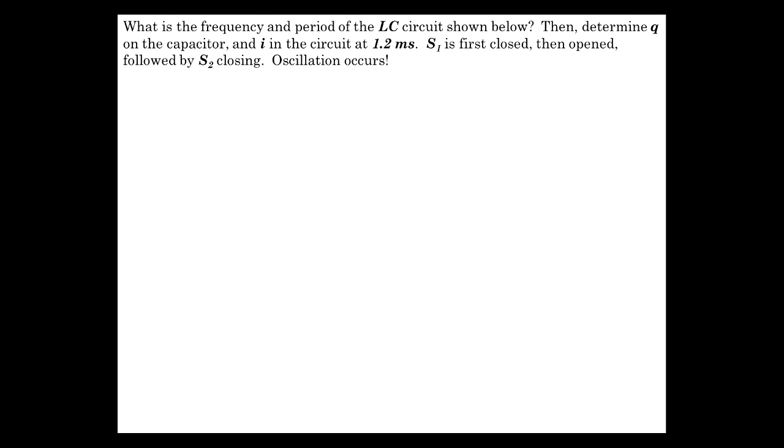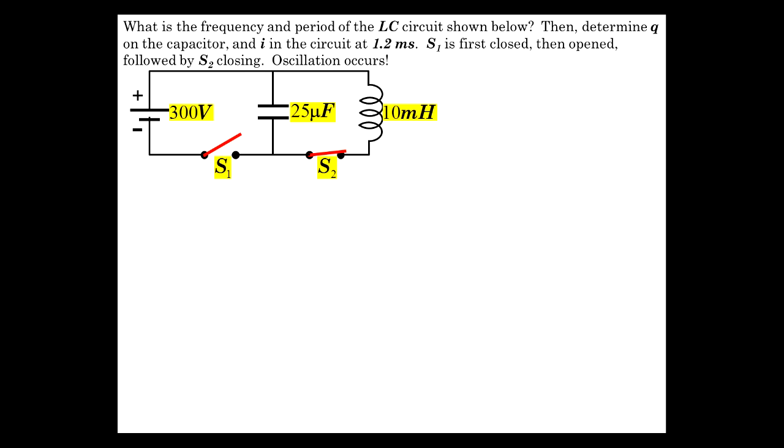Let's do one good example problem here which exemplifies how to obtain the important physical quantities in an LC circuit. So here we have it, a 25 microfarad capacitor, a 10 millihenry coil. There are two switches, S1 and S2. What we're going to do is figure out the period and frequency of the oscillation, and then at the